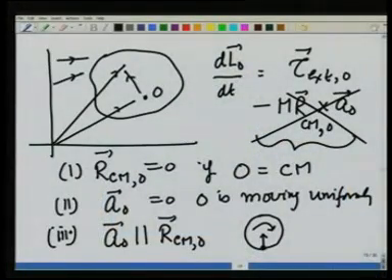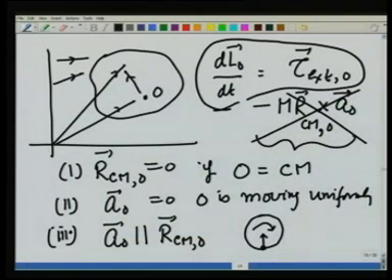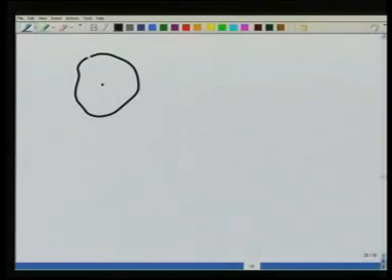So, there are only 3 points in a body in which case this term vanishes, and I can apply with my eyes closed that dL_O/dt is equal to tau external about that point. We will take a few examples using this equation. So, what we have learned in general, and so far I am restricting myself to only that motion in which the axis moves parallel to itself,